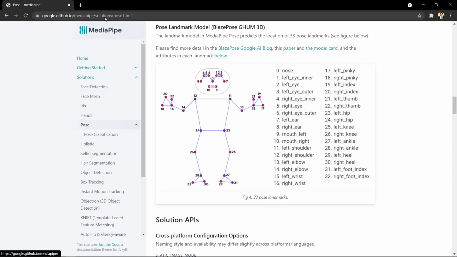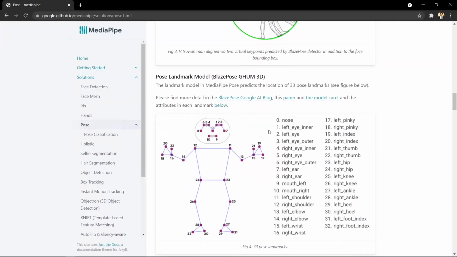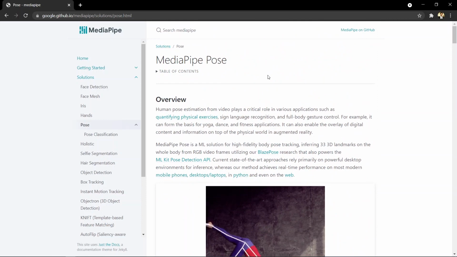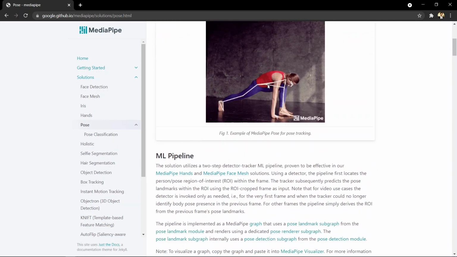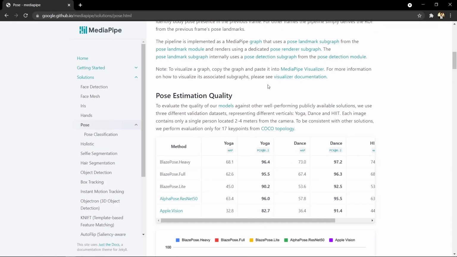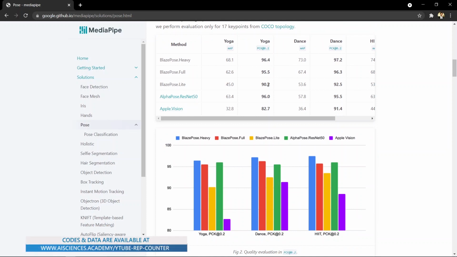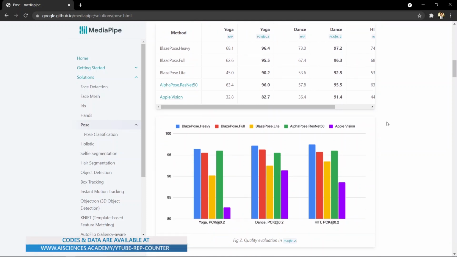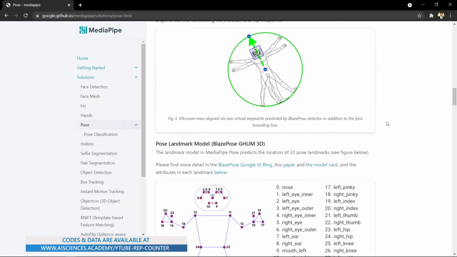So here, if we go for the MediaPipe solutions pose, you just need to search for MediaPipe solutions and pose, and it will take you to this page. Over here, this is the MediaPipe library. This is built and supported by Google, so we don't need to worry about any issues or anything related to any bizarre thing happening in the library. So it's quite stable.